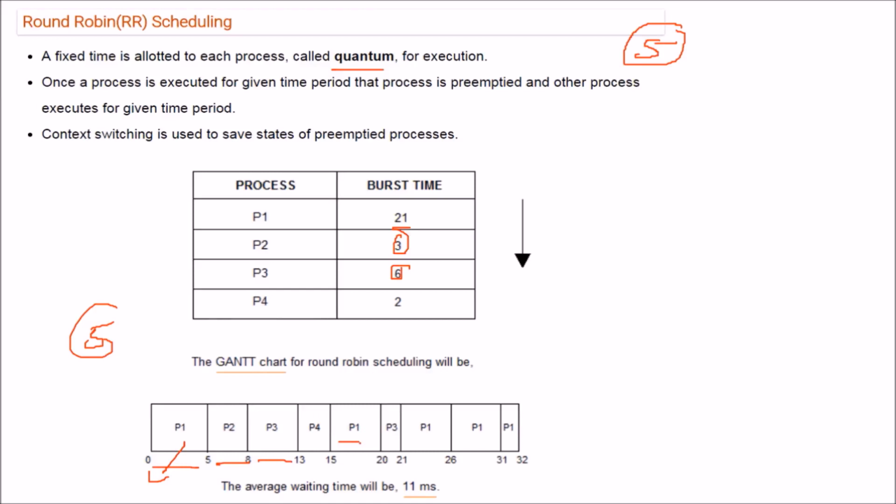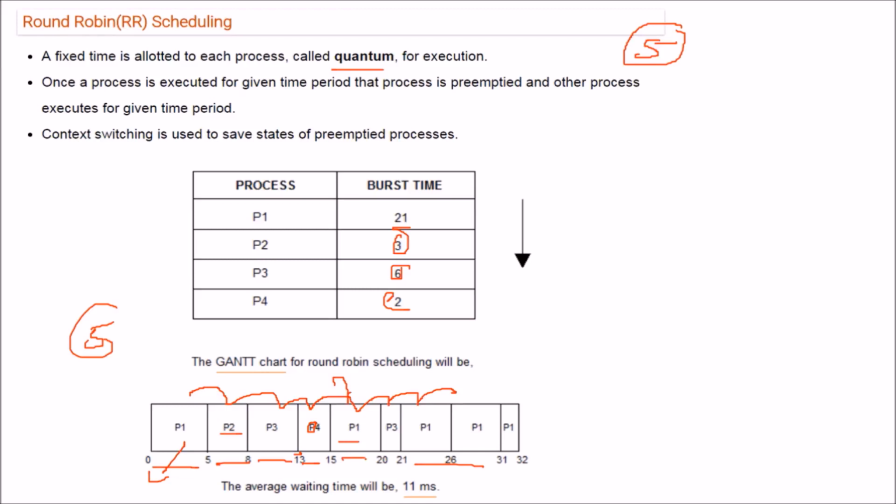Then P1 will come, right? Again, see P1, P2, P3, P4, P1, P2, P3, P4, like this. P2 is already finished, so P2 will not come here again. After that, P4 will come, but how much does P4 require? Only 2. So 13 to 15 it will complete, and it will not come again. You will not see P4 and P2 again here. But as this is completed, P1 and P3 are still remaining. P1 will come,